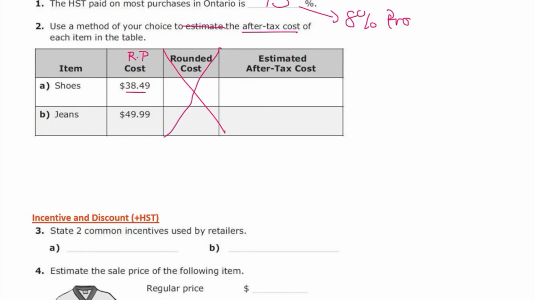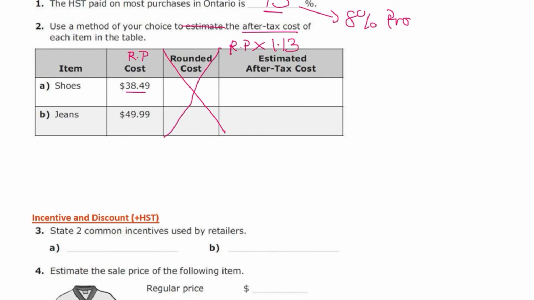You're going to multiply the regular price by the tax increase. So the tax increase is 1.13 because it is Ontario. So once you multiply the regular price by 1.13, we're going to get our answer here to be